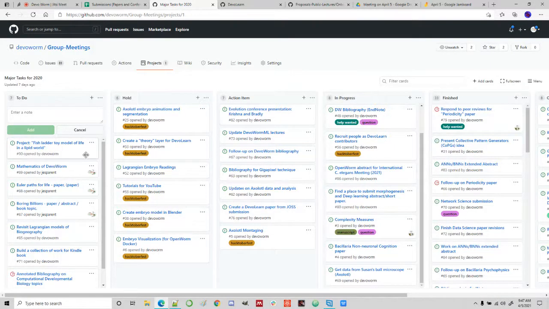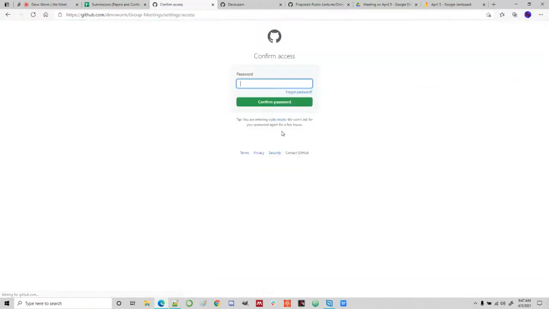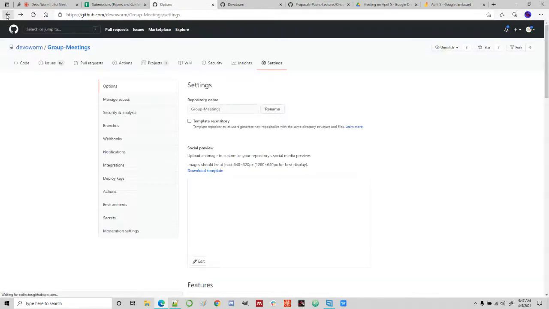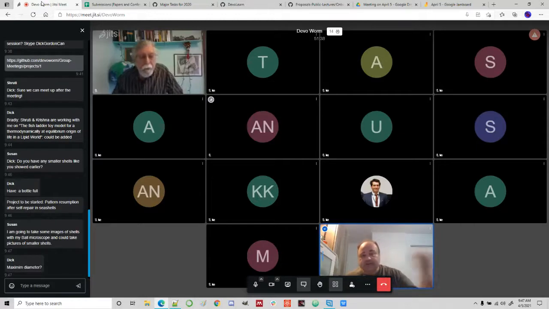If you want to join this board, you can become a contributor. You just send me a request with your email address, and I can set it up. You have to invite people to the repository, and then I can add you as a collaborator. So that's actually pretty simple. And then I can assign you to different tasks, and you'll get an email on it. Okay, so